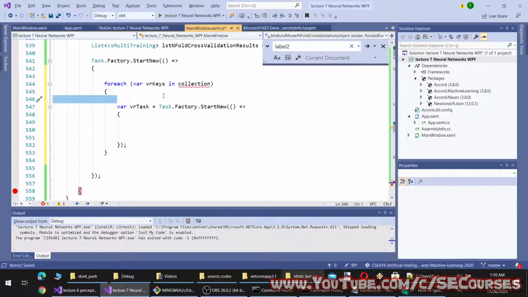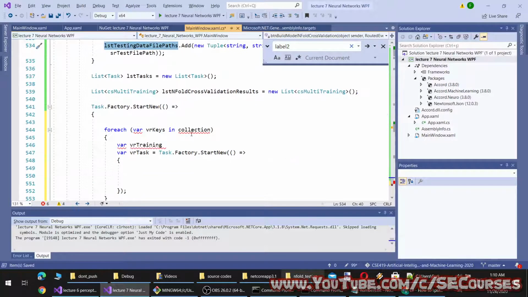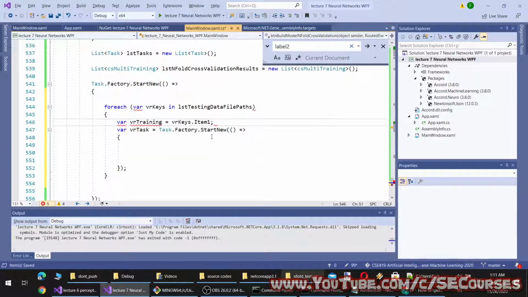Here, writing one, training path, and testing path.